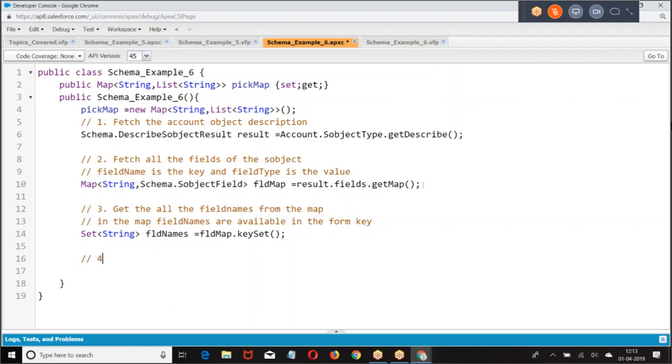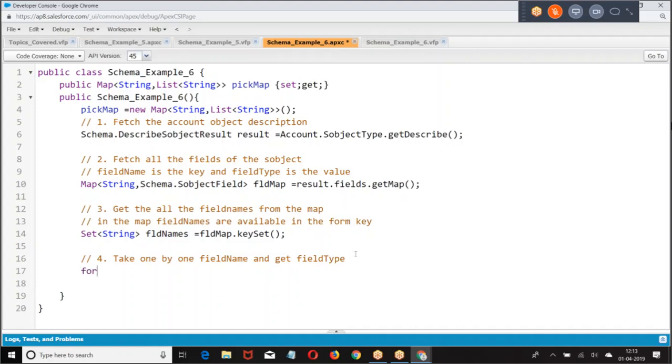Once you got the field names, take one by one field name and get the field type.